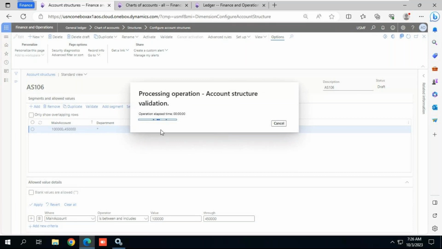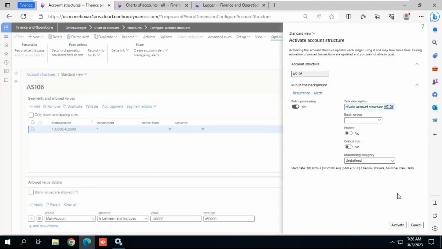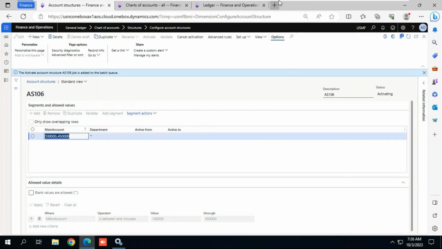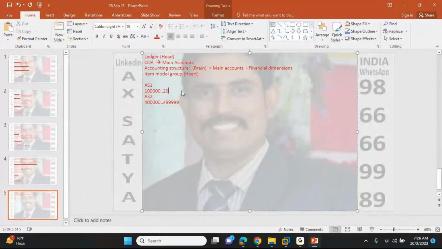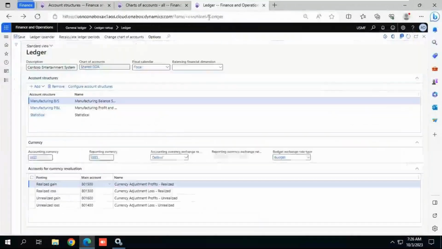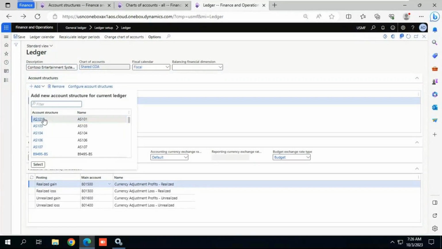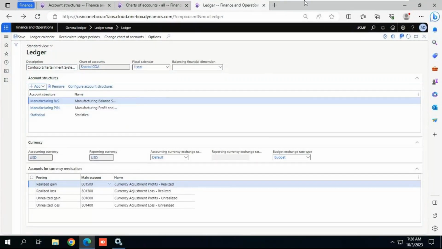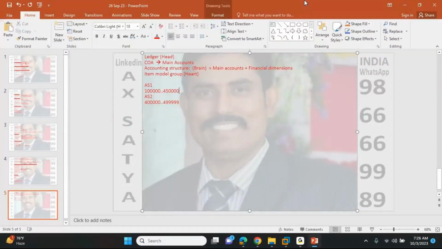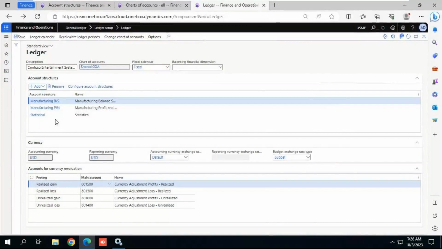Suppose you create like this. Whenever you add it in the ledger form by clicking add and mapping, it will throw an error message: there is an overlap. So in the ledger form, whenever you are mapping each main account,